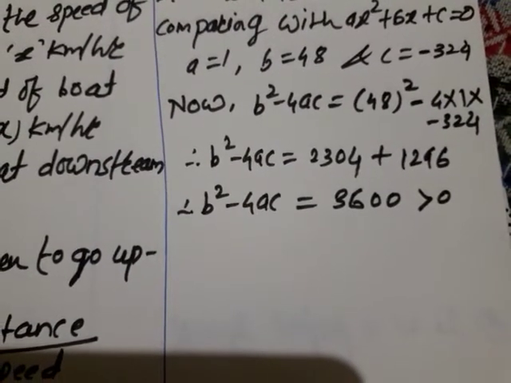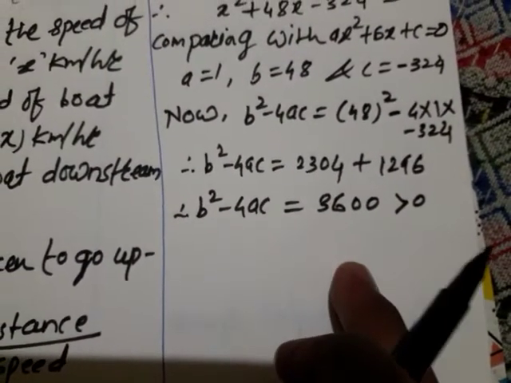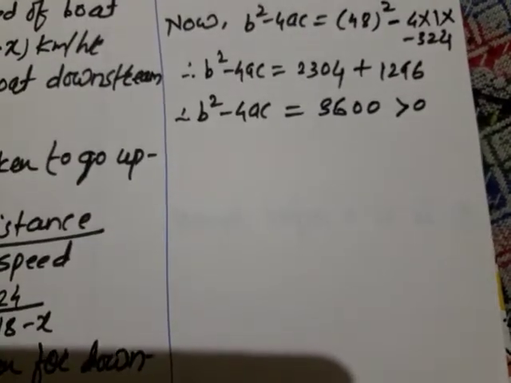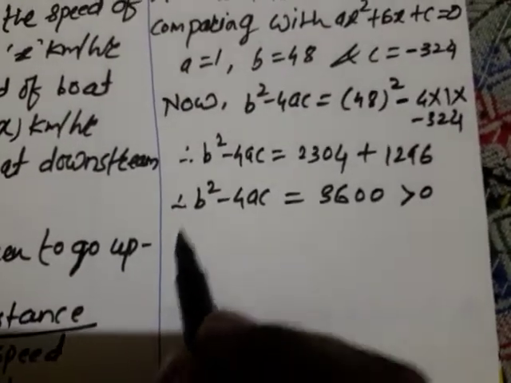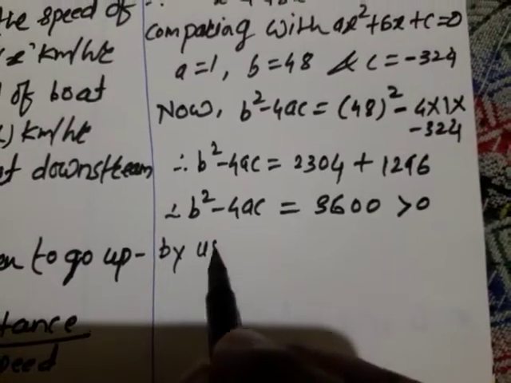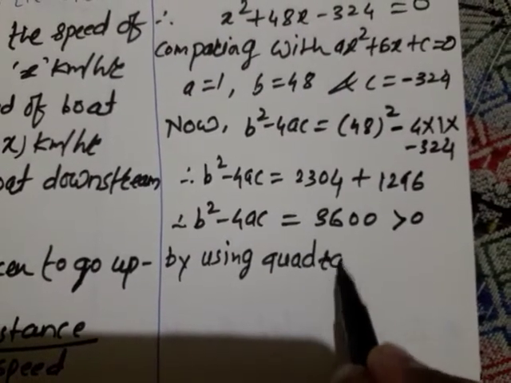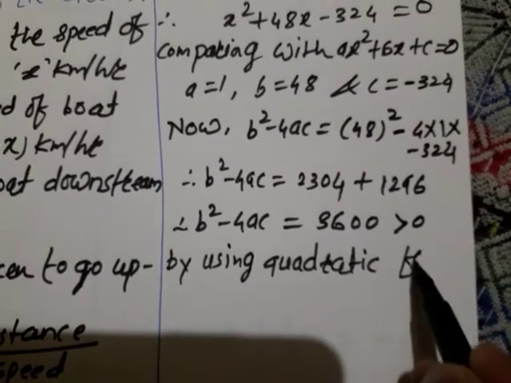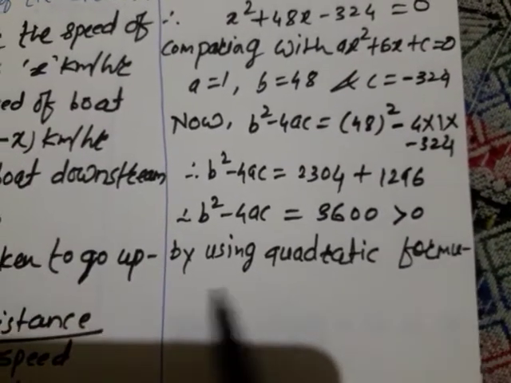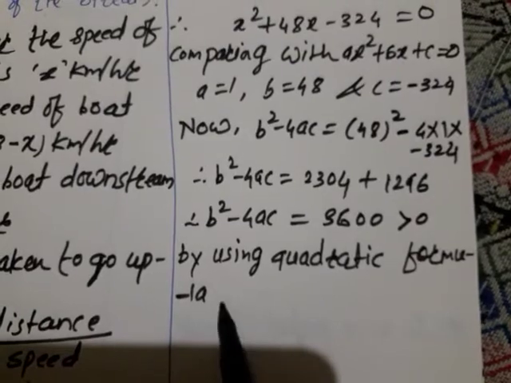ओके, विच इज ग्रेटर दैन 0, यह भी ग्रेटर दैन 0 है 3600, अदरवाइज वी कैन से 3600 दैट इज ग्रेटर दैन 0, तो इसके रूट्स आ सकते हैं। तो हम क्या करेंगे अभी, बाय यूजिंग क्वाड्रेटिक फॉर्मूला। Okay, by using quadratic formula we get,